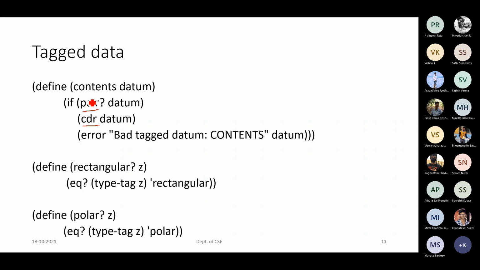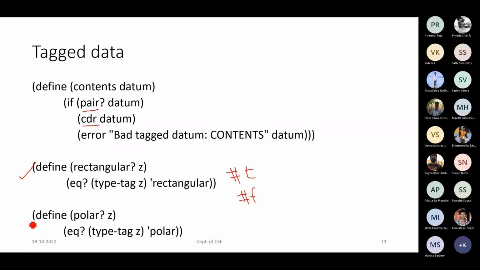As supporting procedures, we can have a procedure called rectangle, where we can verify whether the argument you have extracted by using this type tag is rectangle or not. This rectangle procedure is going to return the result as true or false. The next two procedures I'm discussing now also output true or false. And we will use this in the procedures we discussed in the last class. So we have to rewrite the procedures we discussed in the last class.